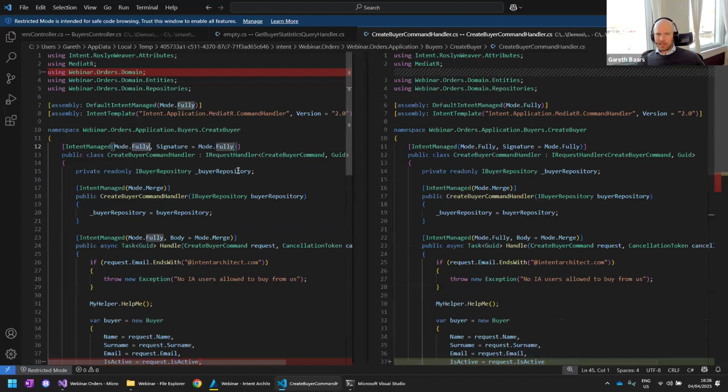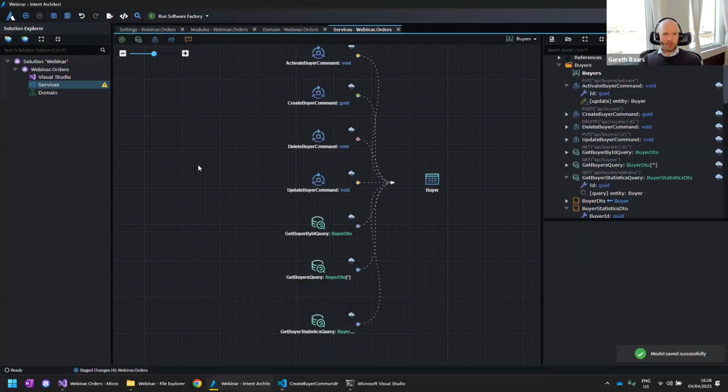And when we're building applications, one thing that is worth mentioning is that we absolutely want to keep as much of the code base under full management with Intent Architect as we can. The simple reason for that is because then that code can be upgraded later on. Think of the automapper pattern upgrade that I mentioned earlier and things like that. So let me give you guys a very simple example of something like that.